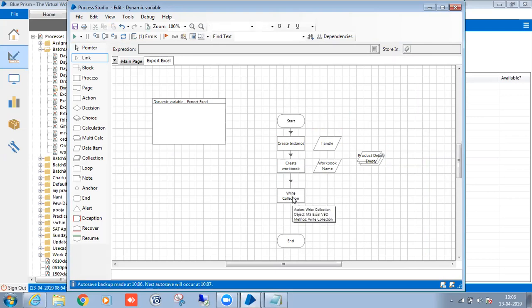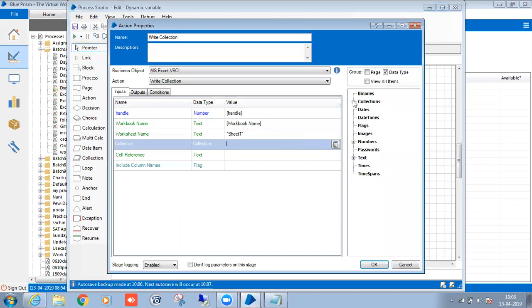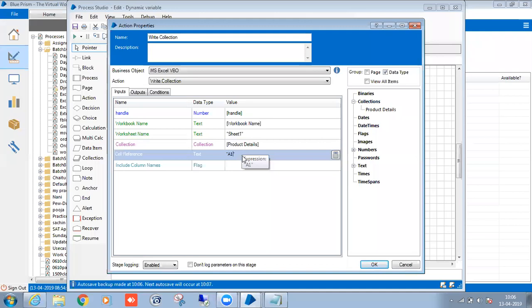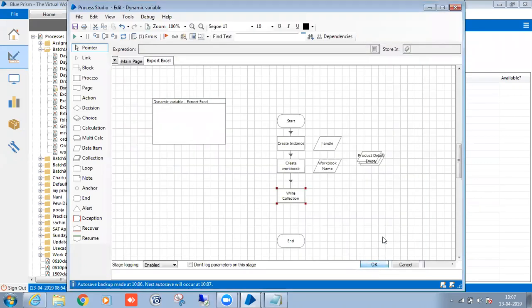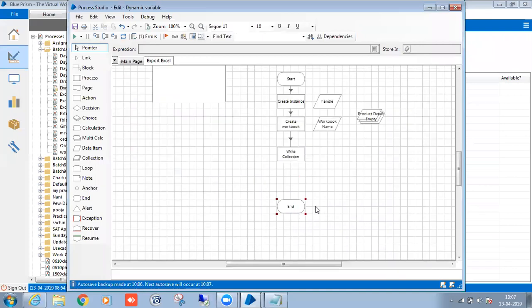So for the collection, we will pass the same collection. Cell reference on the A1 cell. After writing the collection, save path. Right. So where do you want to save it? First, create an environment variable. So what are the product details we have? We have to create an Excel sheet, right? So which Excel path do we have to share? That path we have to create in the environment variable, and we have to get it. Now I will take it in the data item.